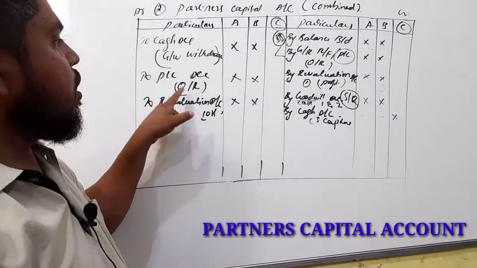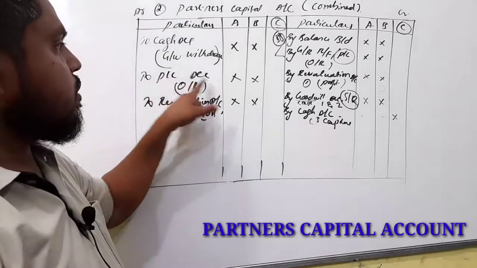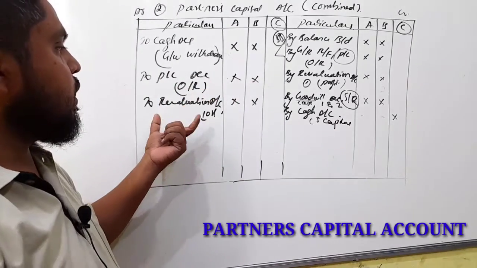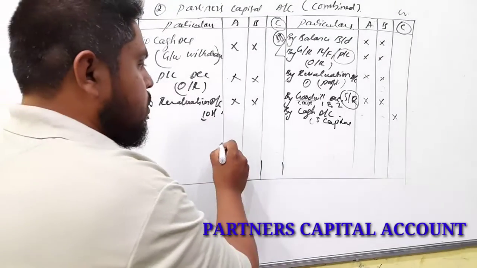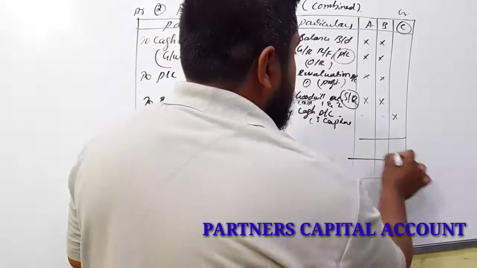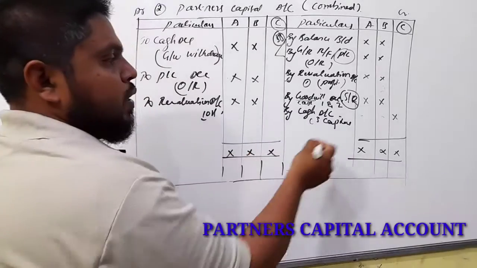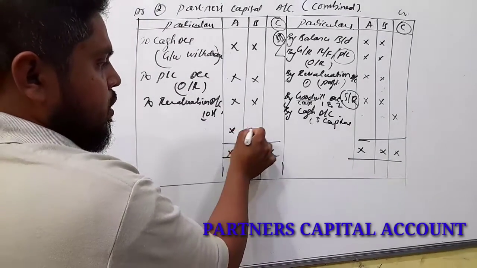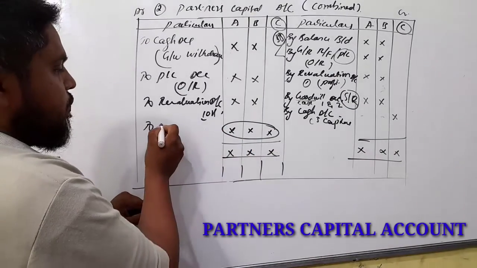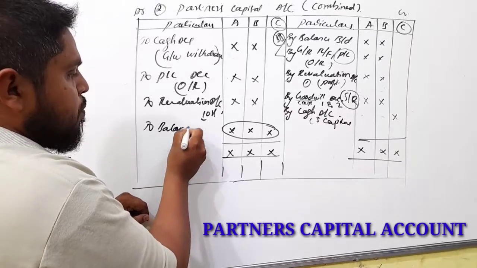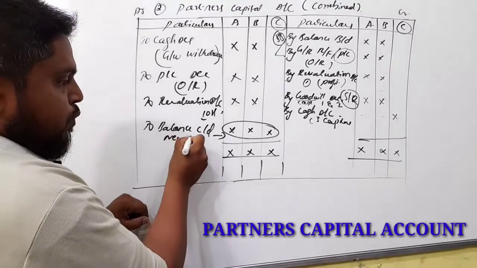Next, profit or loss: if you get losses on the asset side in the balance sheet, that amount we have to share among the old partners. Then if you get revaluation account loss, debit side. Now you have to close. So credit balance minus debit balance. This will be the balance. This figure is transferred to the balance sheet as balance carried down. This amount is transferred to the new balance sheet.